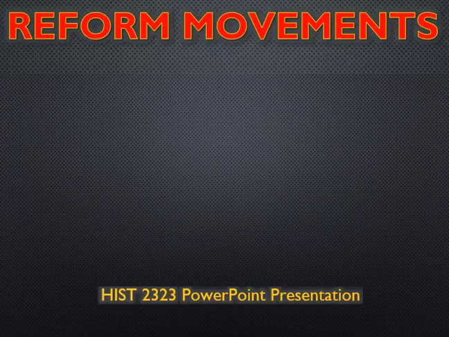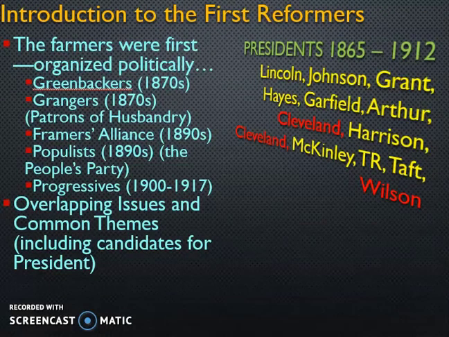History 2323 lecture on the reform movements. And the first reformers were farmers because that's the majority of Americans. So they organized politically beginning in the 1870s, and you can see they overlap with the Greenbackers, Grangers, Farmers Alliance, Populists, and then the Progressives will be different because you see they'll focus on urban issues rather than rural